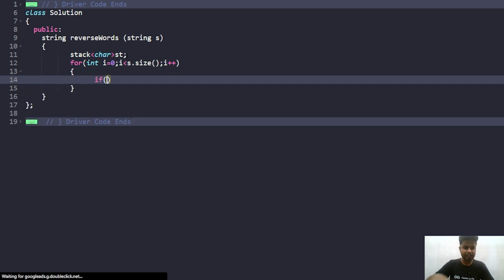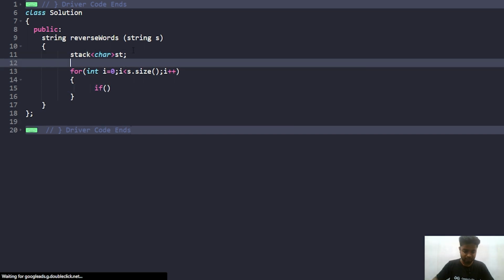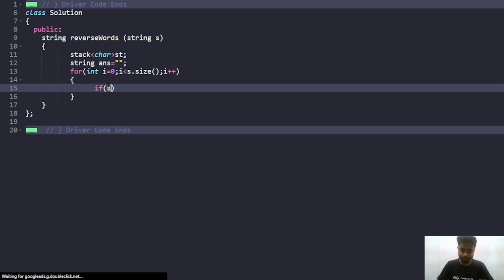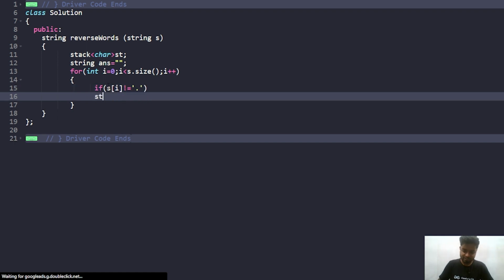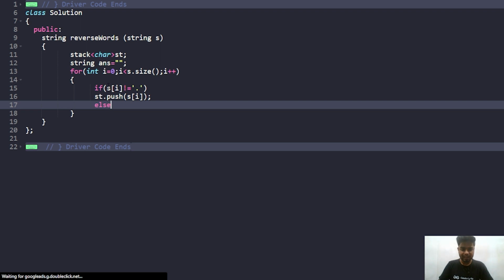And after this, I need to declare an answer string as well. So I'll say string answer is equal to null, and then if the ith character s of i is not equal to a dot, in that case I can keep on pushing it inside the stack. So I'll simply say stack dot push s of i, keep on pushing the characters one by one inside the stack, and then else